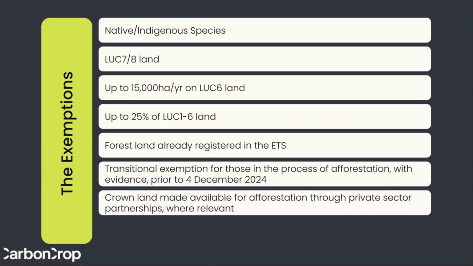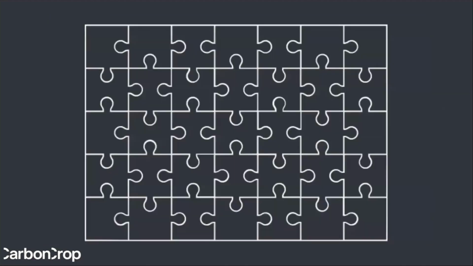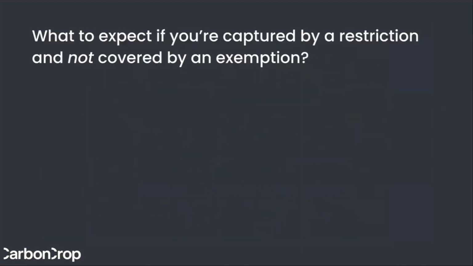Currently, Crown land can't be registered in the ETS for the most part anyway, with the possible exception of lease mechanisms or similar. It will be subject to different rules, and there's some details around this in the RFI for the Crown land afforestation. And then finally, of my list, specific categories of Maori-owned land are fully exempt. So if you're trying to figure out whether you can plant forest or not and register in the ETS, this is a little bit what the planning scheme is going to look like, and we're going to try and break some of that down and make the criteria a little bit more applicable.